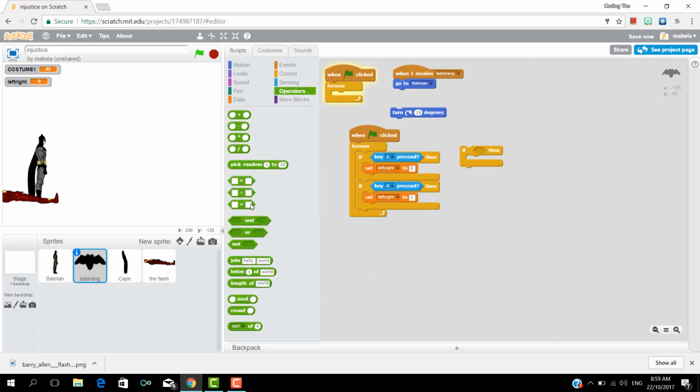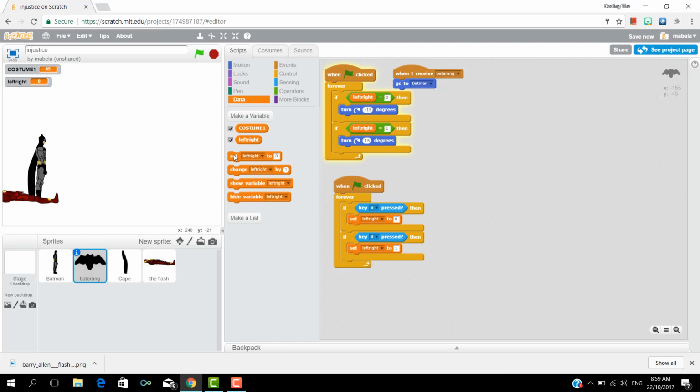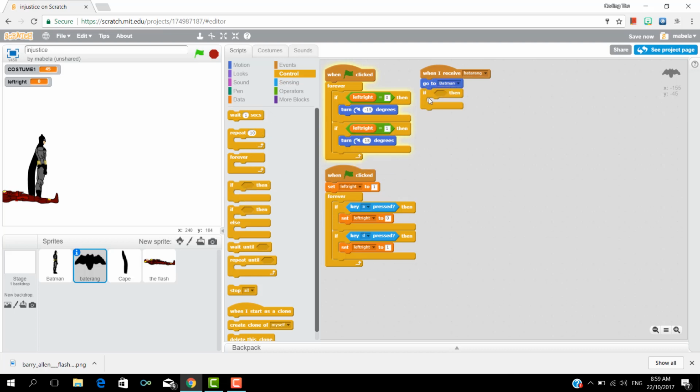So now we'll put a if and then equals and put left right equals 0, and then put turn negative 15 degrees, and put 1 and put 15 degrees. Now we're going to put set left right to 1, put it underneath the when clicked, and then when I receive batarang and put an if underneath it,